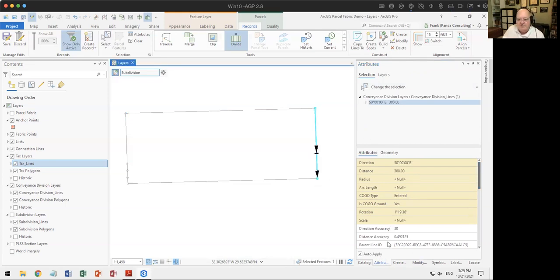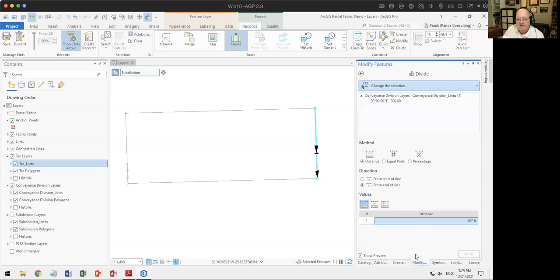We go on this one here, go to Modify. We're going for a distance on here, and only one distance. 107. Okay, 107 here. Why is this not here? All right. And if I do a divide now